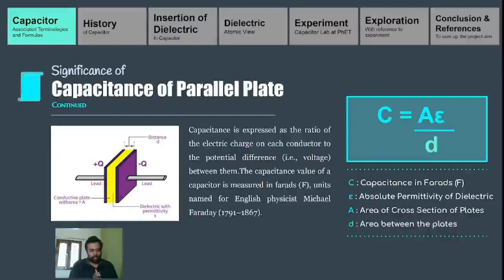Now what is the effective area? We might even take a smaller parallel plate on this side and a bigger plate on this side. So what does the effective area mean? It is the overlapping area that we consider while taking the area of the capacitor. So the expression for the capacitance goes like this: A epsilon naught by D. The capacitance is directly proportional to the area of the plate. So if we increase the effective area of the capacitor, the charge accumulation will increase.